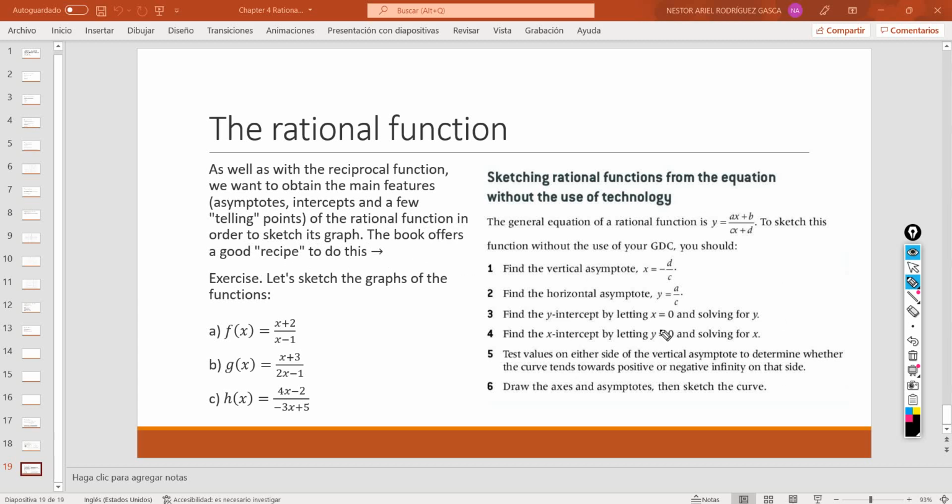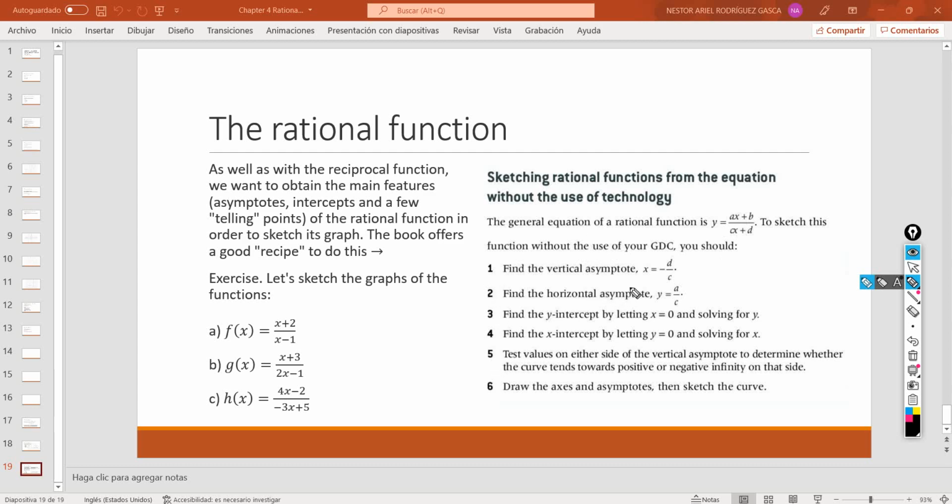In the book, guys, when you're in this section for the rational function, there is a page in which you have this little section, and it says sketching rational functions from the equation without the use of technology. The general equation of a rational function is this, right? And to sketch this function without the use of your calculator, you should follow these 6 steps,